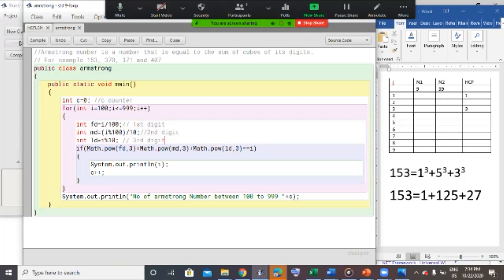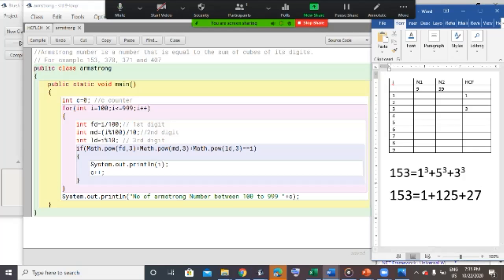Then I am using the power function. I am finding the cube of the first digit, middle digit and last digit, and if the sum of the cubes of these three digits equals the number itself, then it will be printed. And I'm also counting the number of Armstrong numbers between 100 and 999.